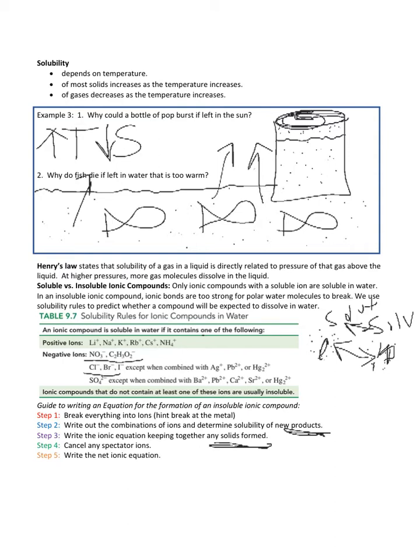We will see that potassium is in the first row here. So potassium is always soluble. So we know that the compound with the potassium in it is going to be soluble and will not form a precipitate. What about the other one, the lead sulfate? Well, sulfate here is soluble most of the time, except when combined with barium, lead, calcium, strontium, or mercury. Since we are paired with lead, on the following page,